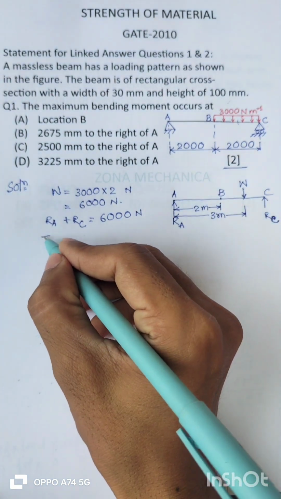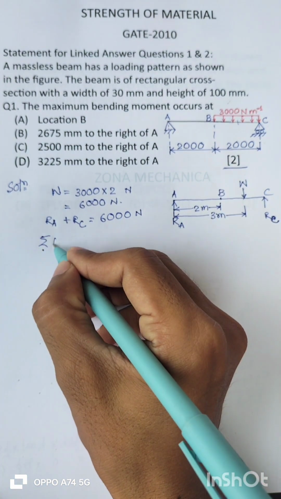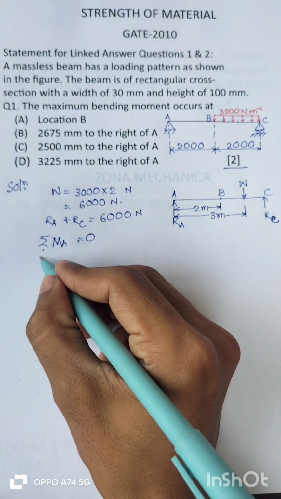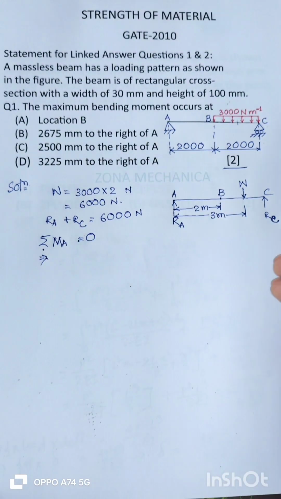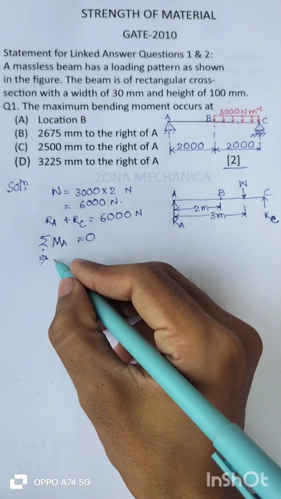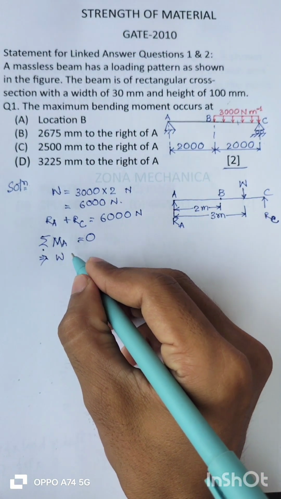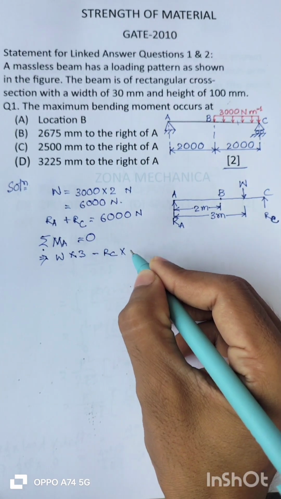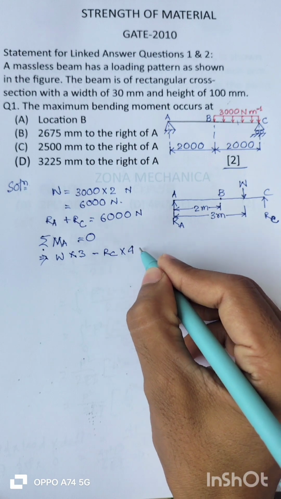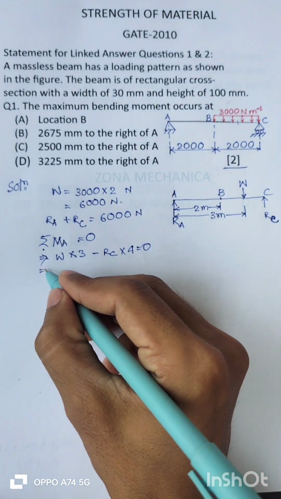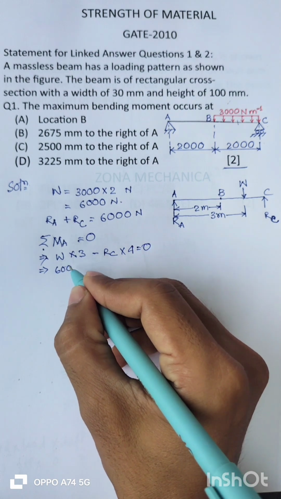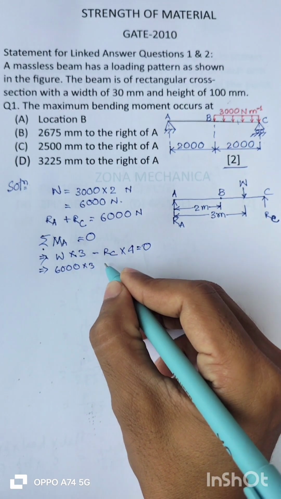So taking moment about A equal to 0, this will imply that W into 3 minus RC into 4 is equal to 0,